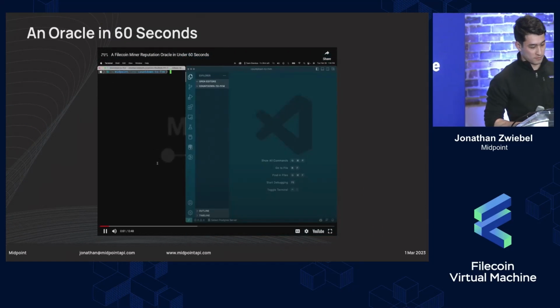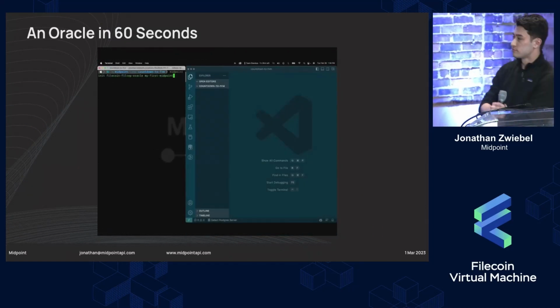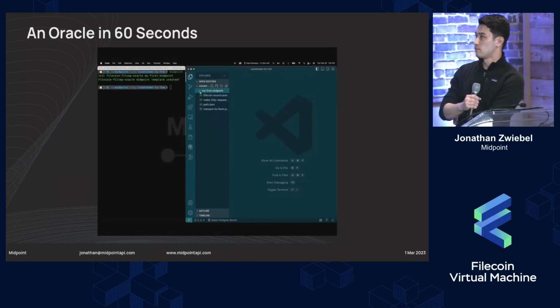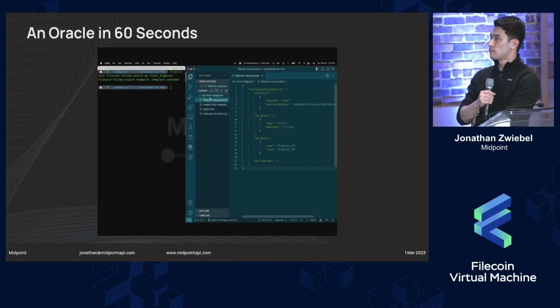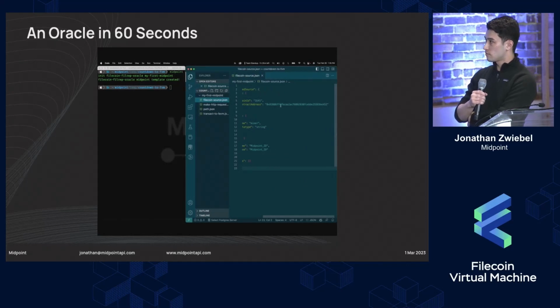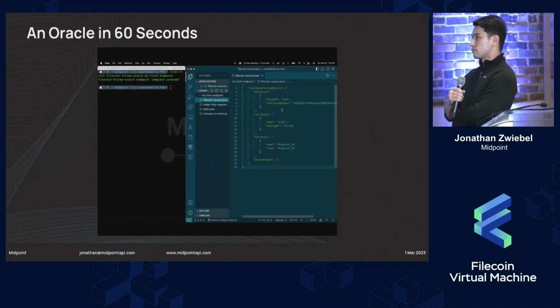We're going to build an oracle that gets Filecoin miner reputation. One command, we can initialize all the files needed to define our oracle. We start with a source. This tells our midpoint to listen for requests on Hyperspace at this contract, expecting the caller to pass us the